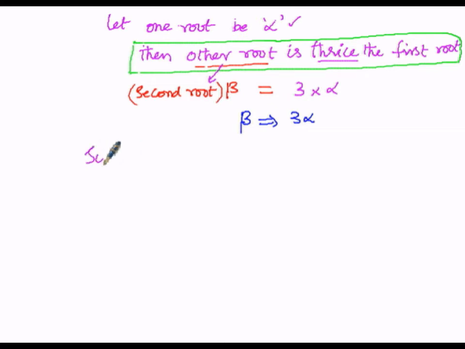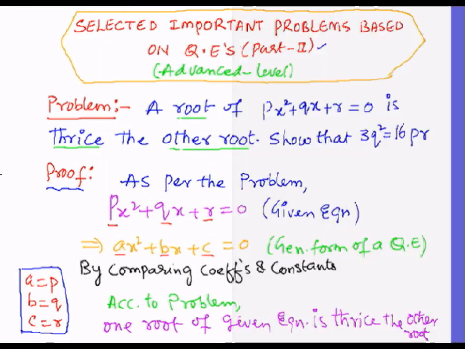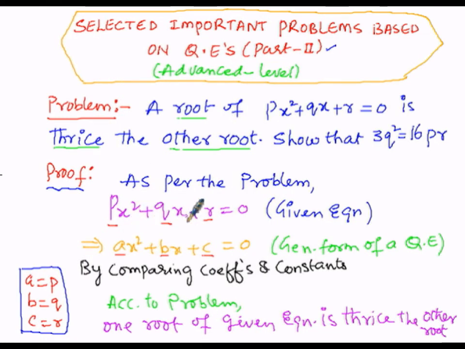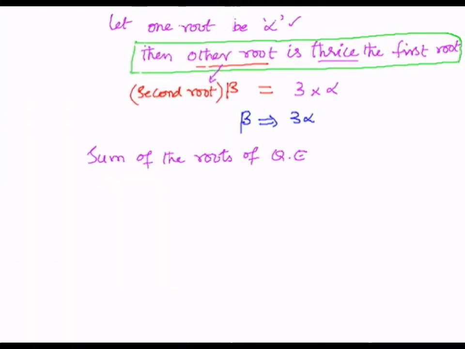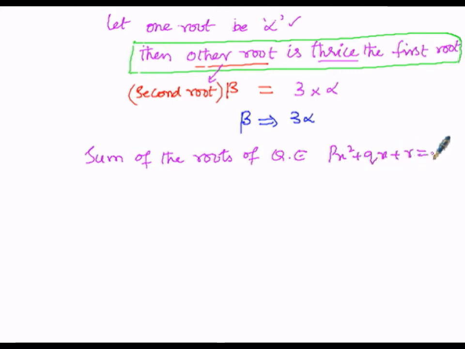Sum of the roots of the quadratic equation which is given for us as px square plus qx plus r equals to 0. So here, the sum of the roots of the quadratic equation px square plus qx plus r equals to 0 is,